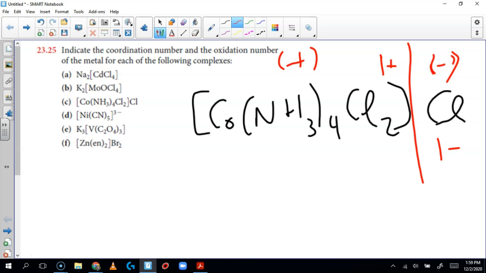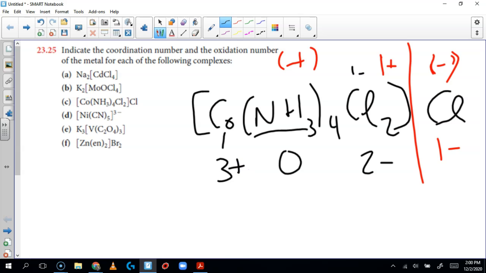Okay, so somehow the whole thing has to add up to 1 plus. This whole complex ion has to add up to 1 plus. Each chlorine is a 1 minus, so that makes this 2 minus. This is ammonia, and remember it's called amine in complex ions. So these are neutral, so that's going to be 0. Now we need something from cobalt that makes all of this add up to 1 plus. So that makes this a 3 plus